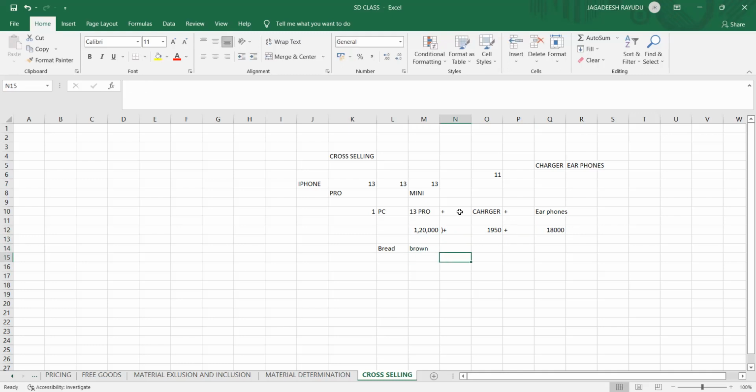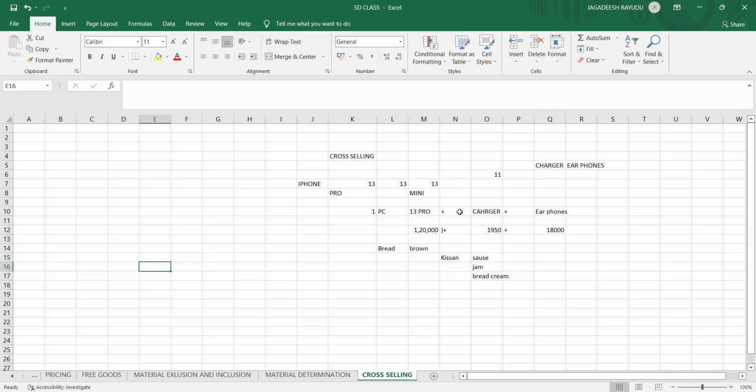Immediately it shows Kissan sauce, jam, or sometimes bread cream or peanut butter. So either you buy one of these, or all together with your bread. This selling is called cross selling.